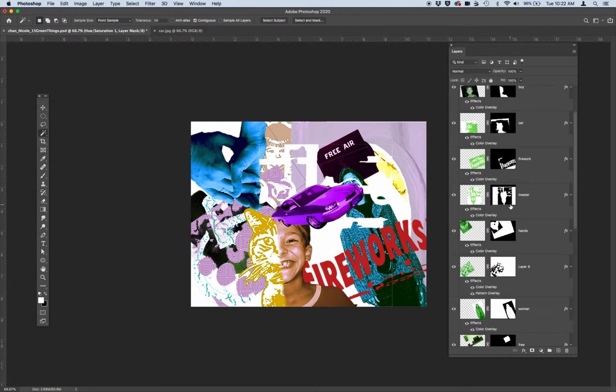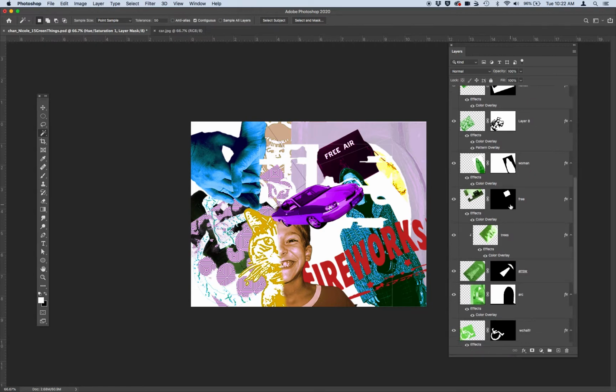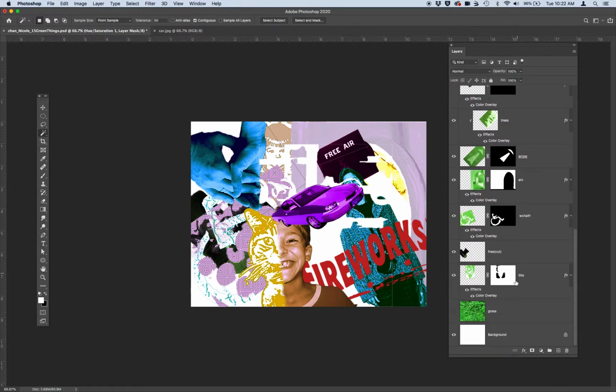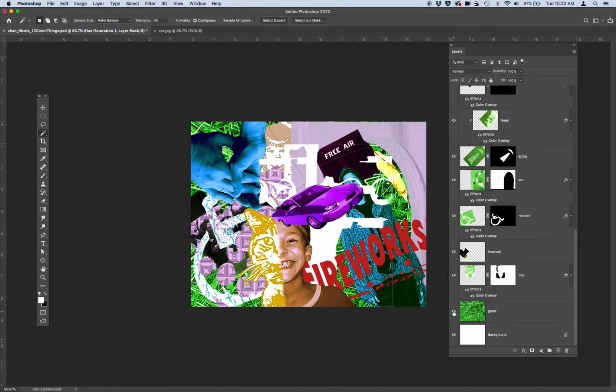Another way you can change it is down here at the very, very bottom. I have a green grass layer that I need to change, and you'll see it's not visible yet, so I'm going to activate it. And of course I need to change this color of the grass. So this time I'm going to change the color of the grass by using a layer style. So I'm going to go ahead and choose color overlay,